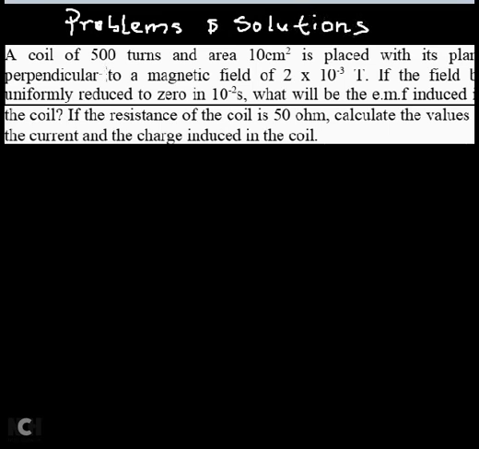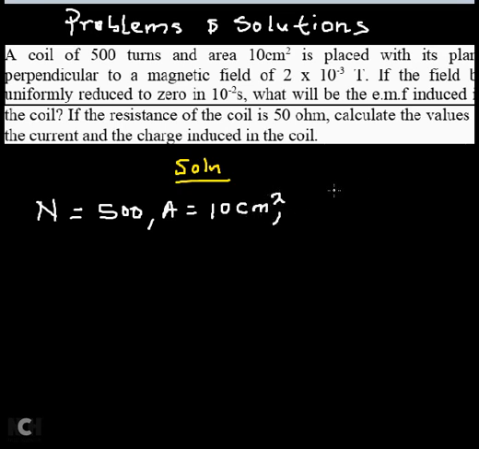Okay, so now the very first question. It goes this way: a coil of 500 turns. So I have to write the parameters. The number of turns of the coil is 500. The area of the coil is 10 centimeters square. Each plane is perpendicular to a magnetic field of